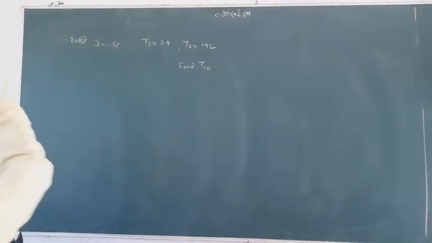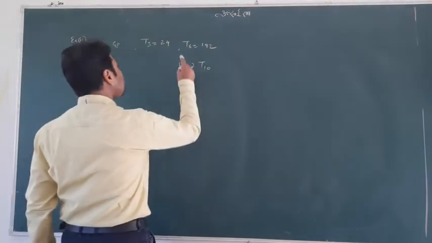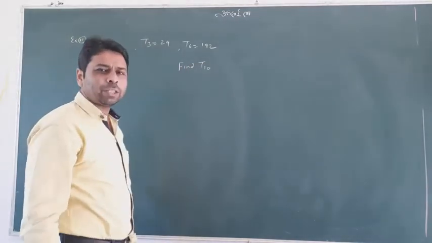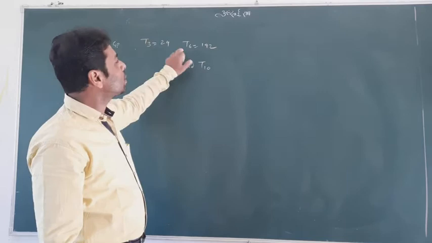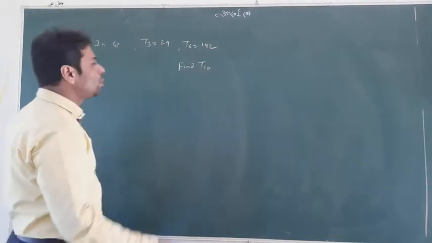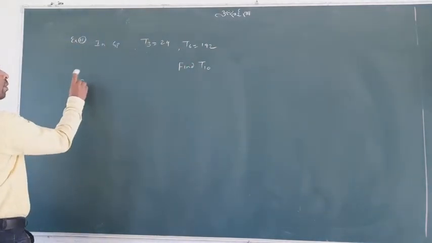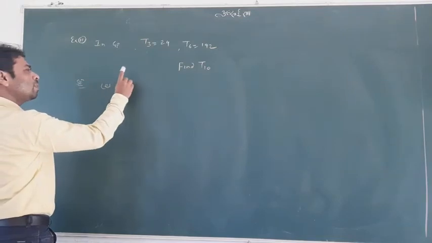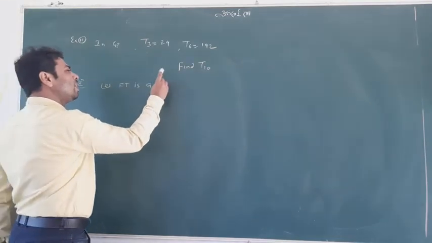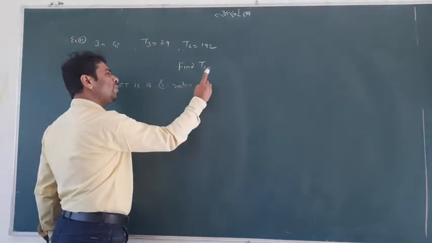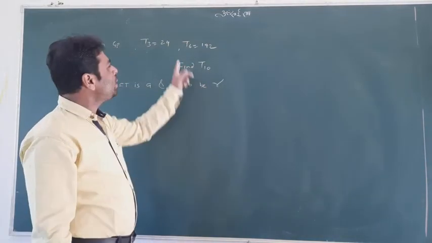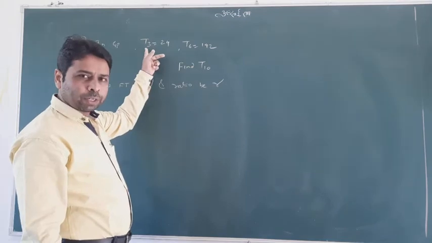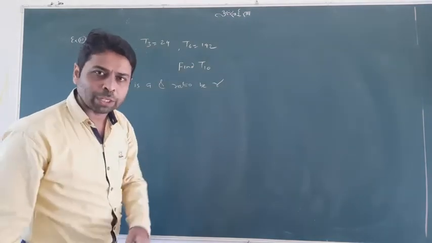Simple thing is given. Now a summary, very simple and short, of what was given, I have written here. The third term was given, the sixth term was given, and we want to find the 10th term. So how do we start? Let the first term be A and the ratio be R. Two common things we assume. Now we take a definite formula, whatever is given. T third is given, so we will use the formula of T third.